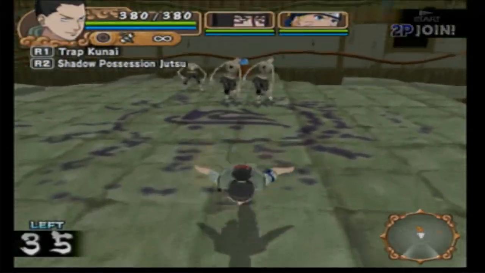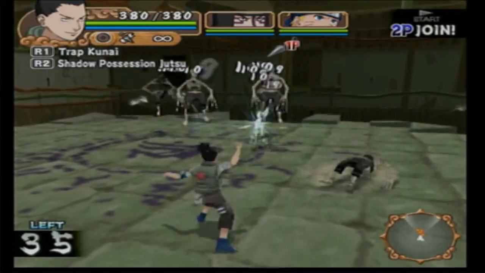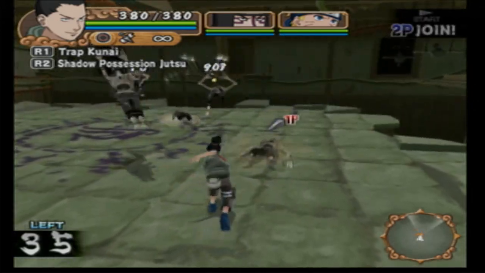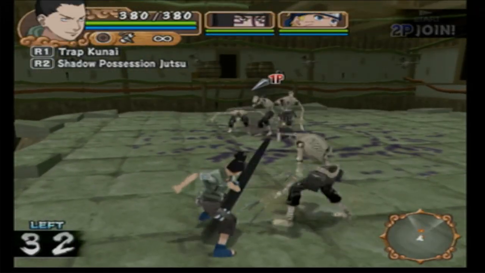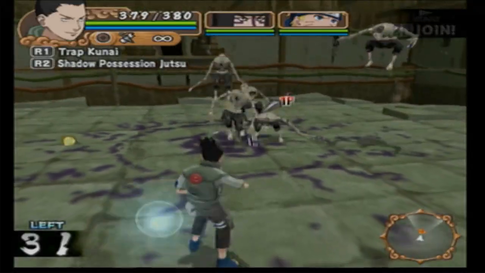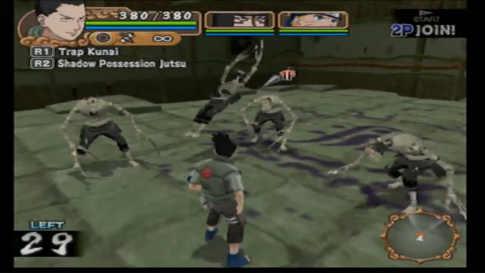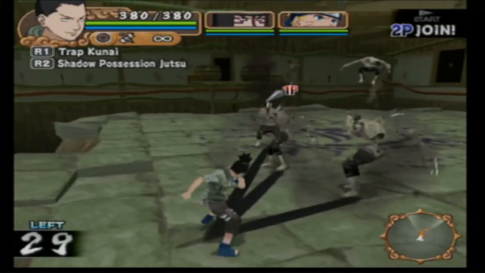But usually the conservative way to do it is to have Shikamaru, because Shikamaru can use Shadow Possession Jutsu on other enemies in a row. It might be a lot slower, but it's a lot more effective. And besides, the more of these Shadow Possession Jutsu you have, pretty much,